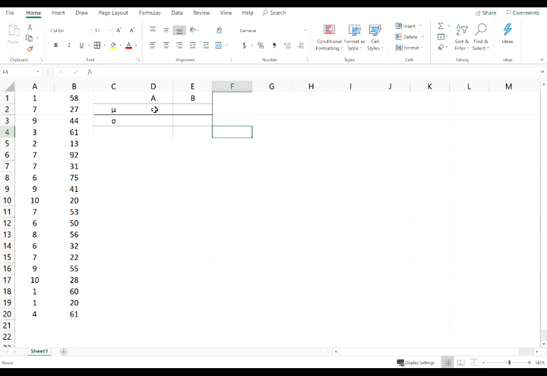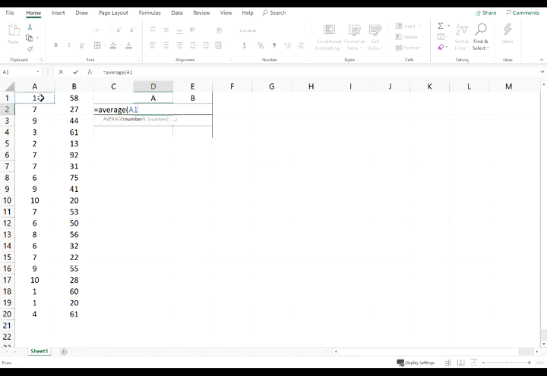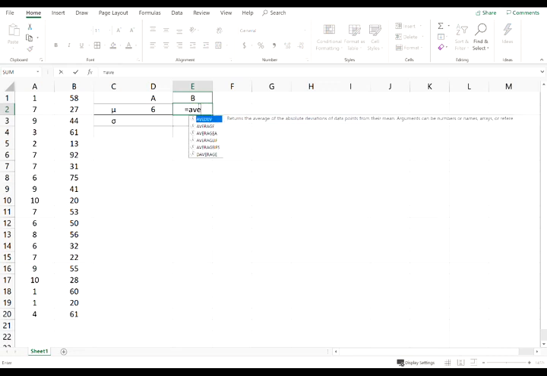Now, let's calculate the mean for set A and the mean for set B, and then we'll calculate the standard deviation for set A and the standard deviation for set B. Okay, so these are things we've done in previous videos. Equal average of set A, or column A. All right, so the mean for column A is 6, and is that 6.0 exactly? Yeah, exactly 6. And the mean for column B